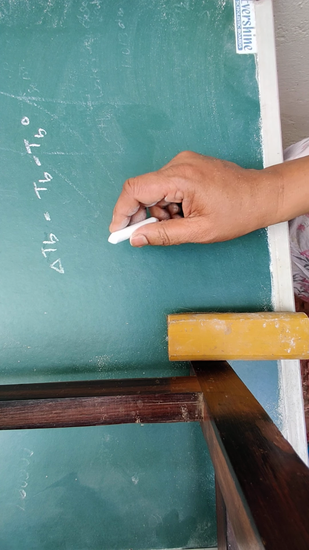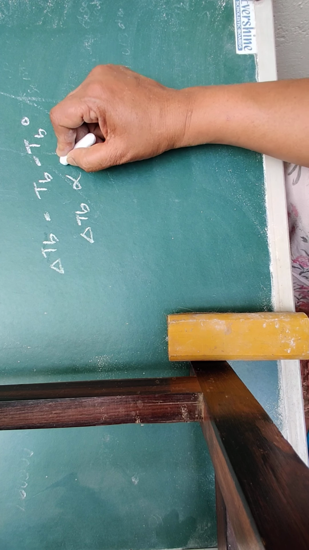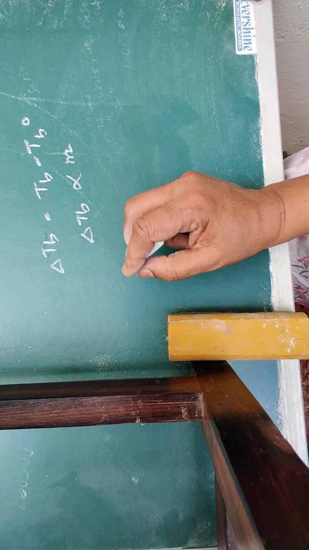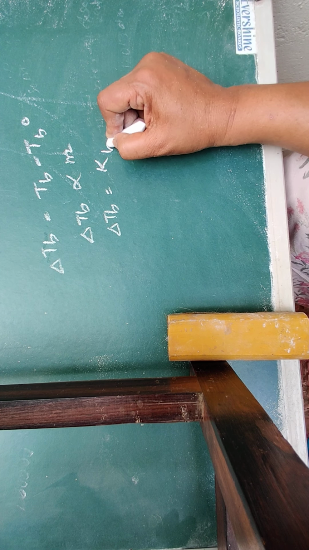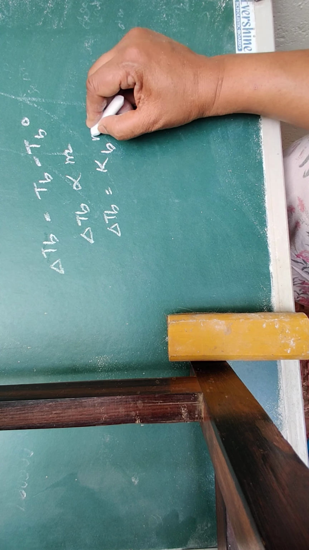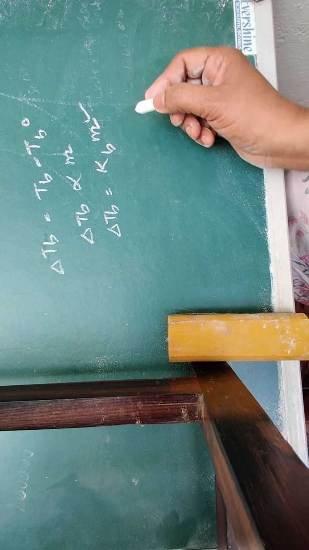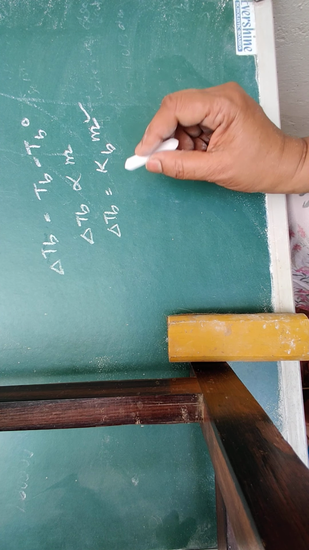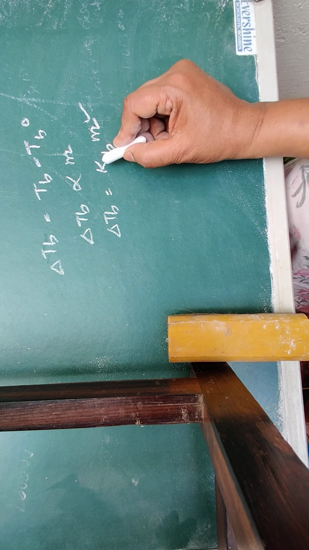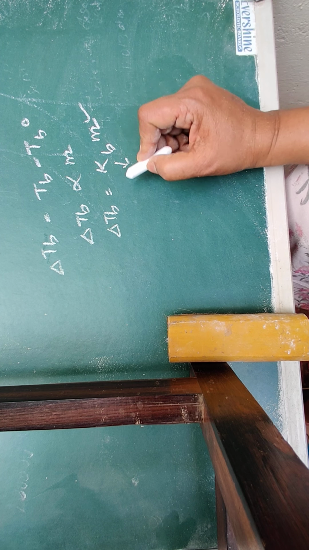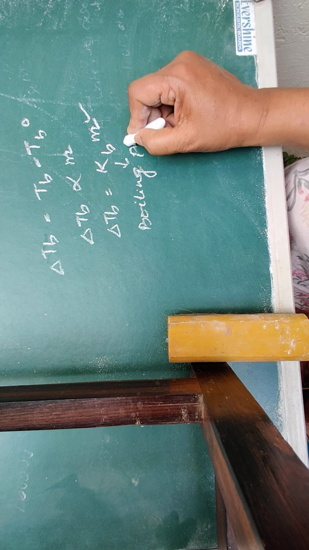Experimentally it has been found that the elevation of the boiling point del Tb is directly proportional to its molality, or del Tb equal to Kb, a proportionality constant, into m, that is molality. m here is molality of solution, that is the number of moles of solute dissolved in 1 kg of solvent. Kb is the constant of proportionality and it is known as boiling point elevation constant,